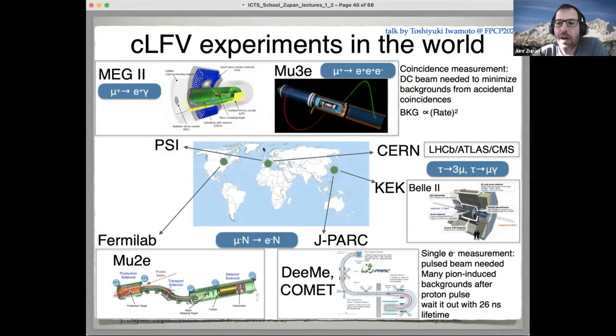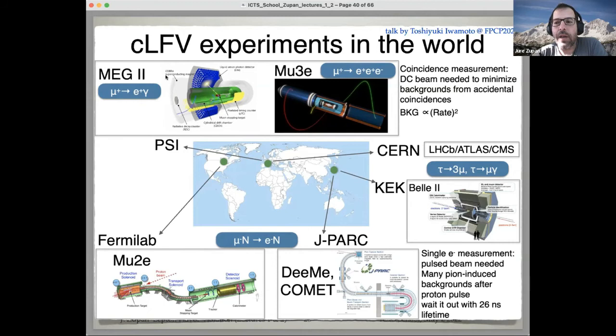So there are 3 labs that are doing this. The PSI, Paul Scherrer Institute, this green dot in Switzerland, Fermilab, so just down the road from us, I mean, okay, a few hours drive. And then KEK in Japan, and J-PARC. So Japan has another set of